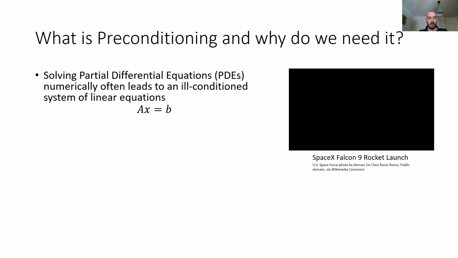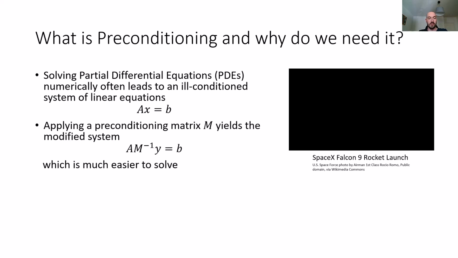So since we are usually using floating point numbers for the computation of these applications, this makes it even worse, because obviously we will always have numerical errors when using floating point numbers. So one way to improve the situation is to apply a so-called preconditioning matrix M. So if we now consider another system where we apply the inverse of this preconditioning matrix to the right of A and replace X by Y, we actually arrive at a system that is, depending of course on the preconditioning matrix, much easier to